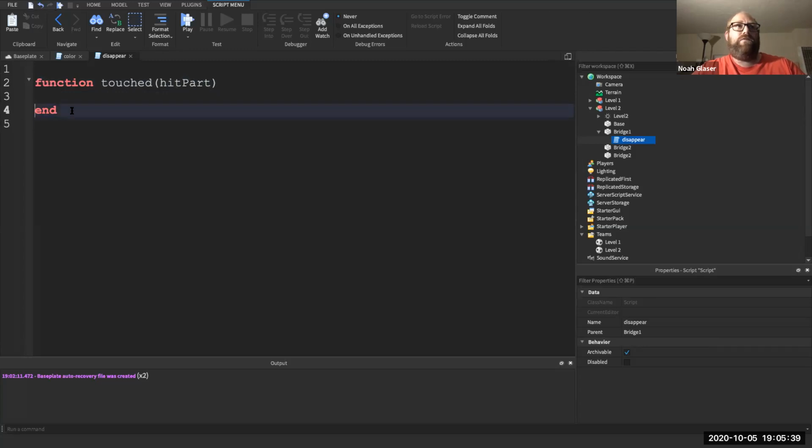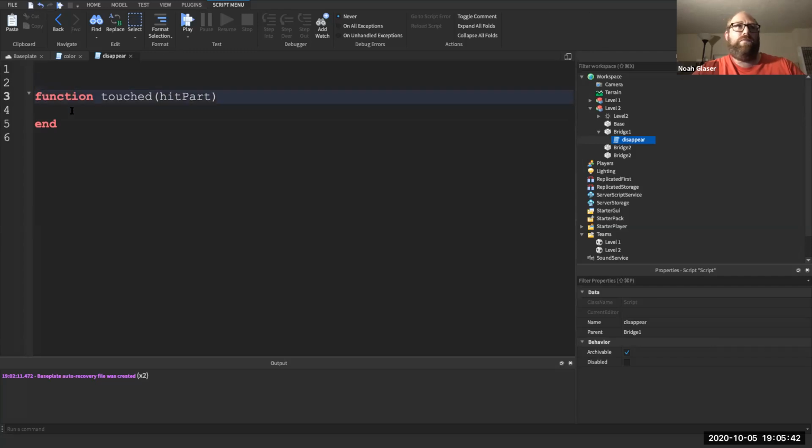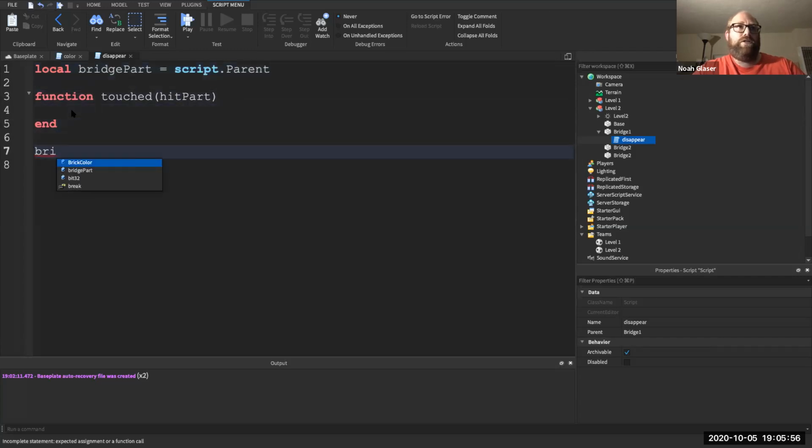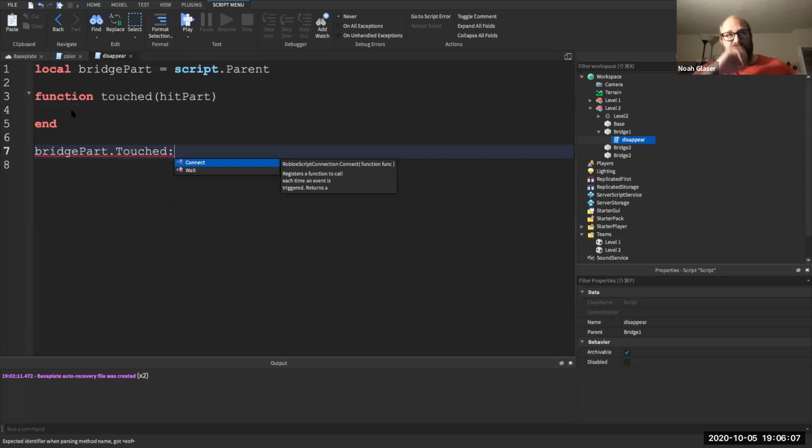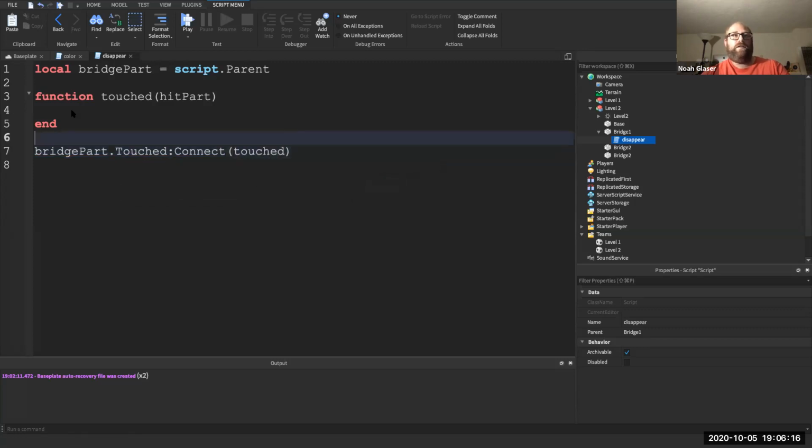And then we're also going to create our variable for the part. So I'm going to say local bridge part equals script dot parent. And then what I usually do is I just hook everything up. So I'll say bridge part, and then the bridge part has an event. And you notice this little lightning icon. So it has a touched event. And then when you want to call a function in Roblox, you do colon, and then the name of the function, which is connect, and then we're going to pass in the touched function right here, and then I'm just going to print out